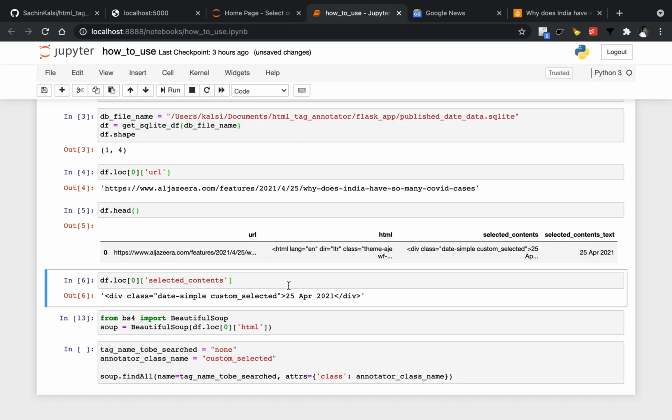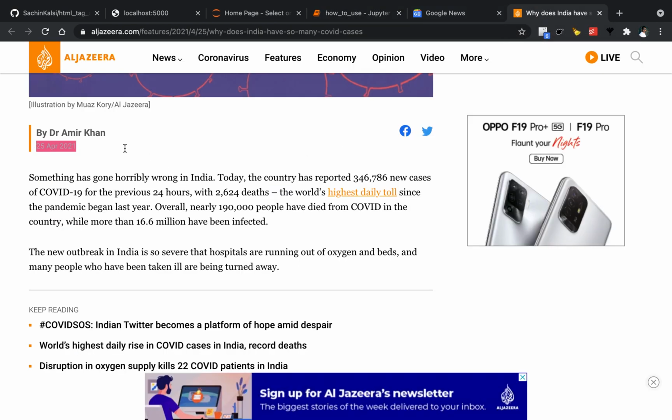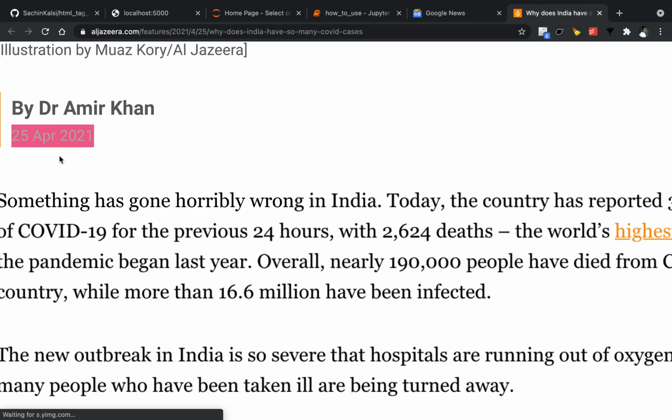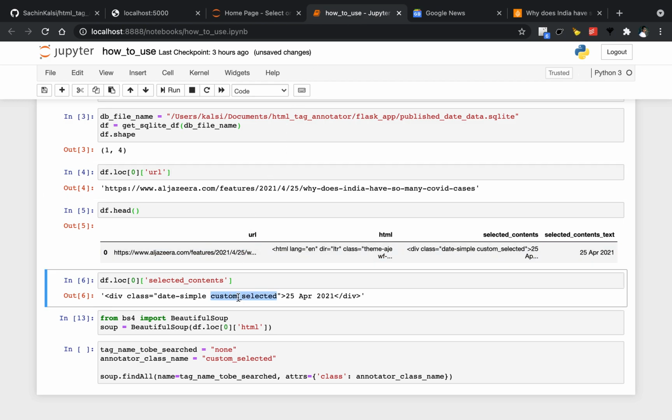But there is one small glitch, I would say. We have highlighted this through red or pink, right? For that, what I'm doing in the backend is adding something called custom selected. What this does is change the background color of the selected element.